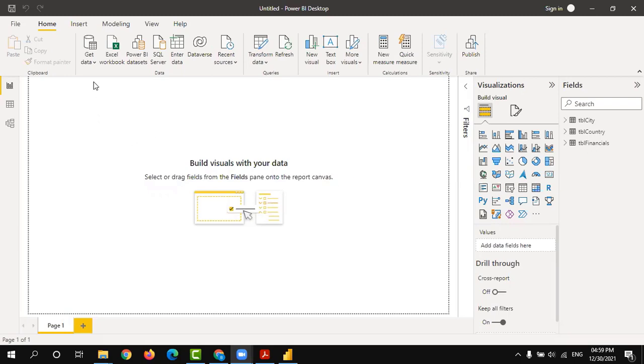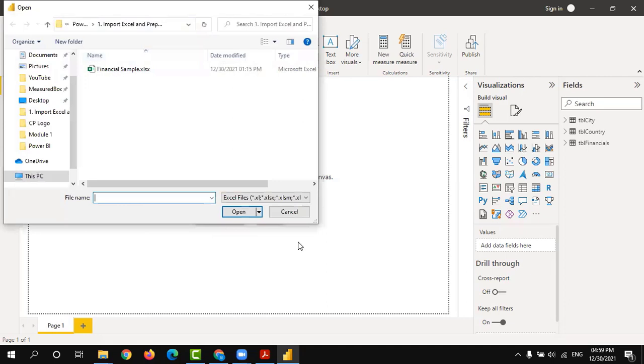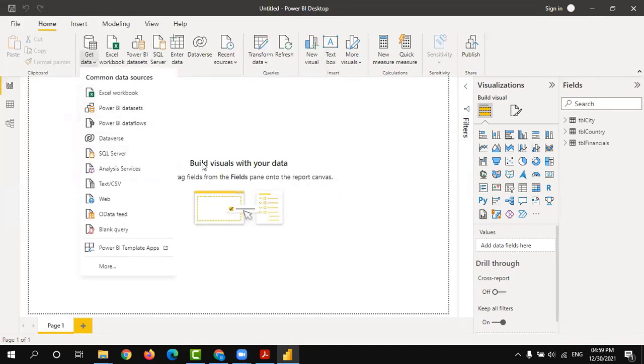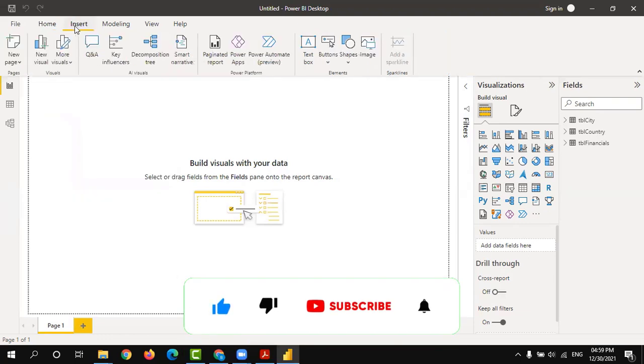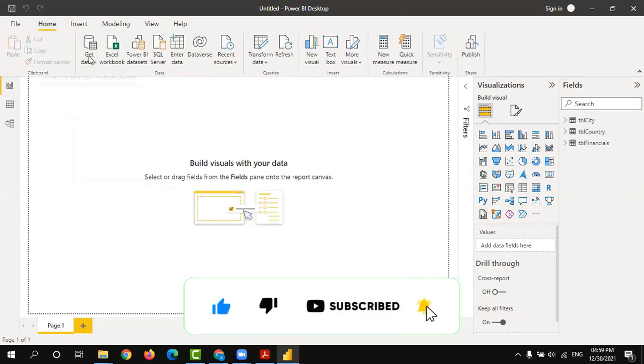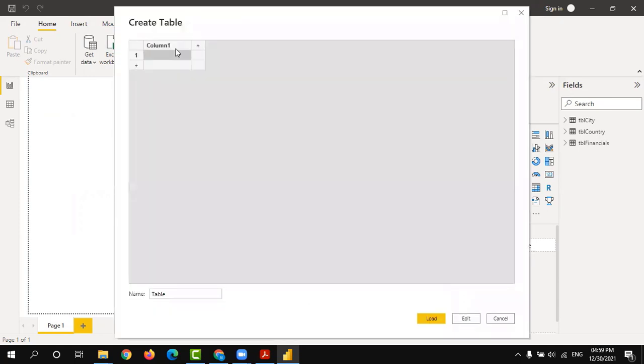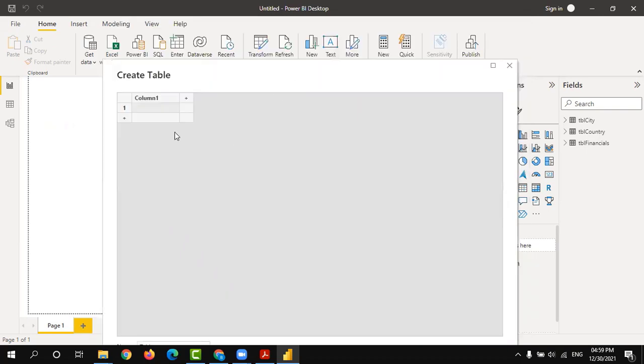And one more thing, we can get data from a direct source. Now here we can directly enter our data in Excel or the data model.